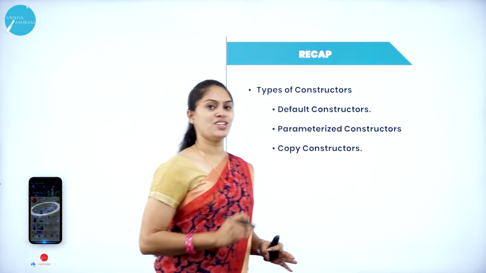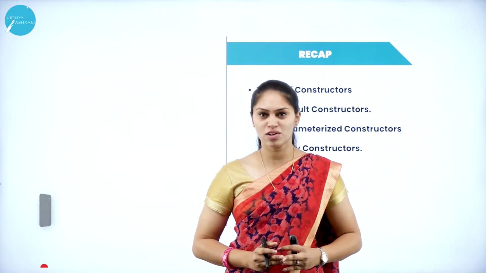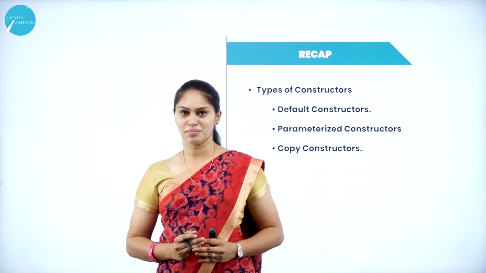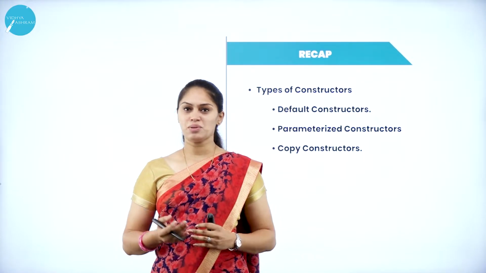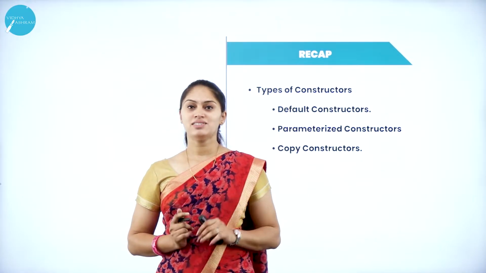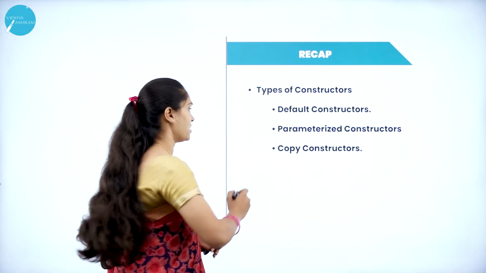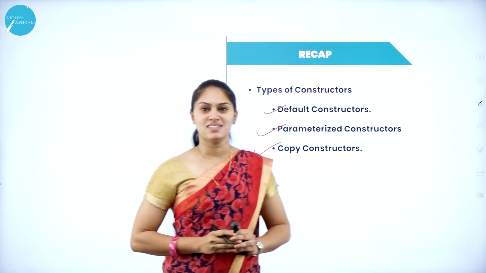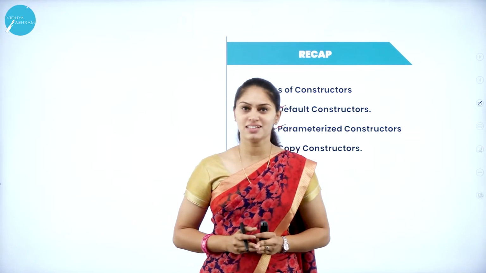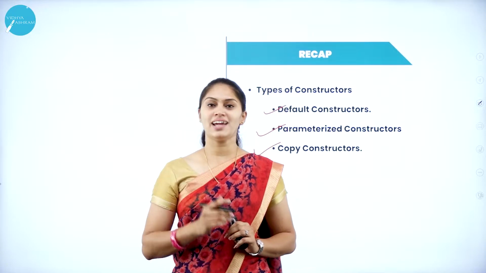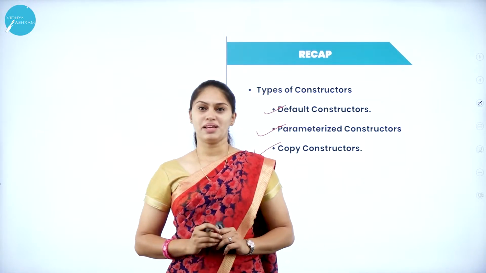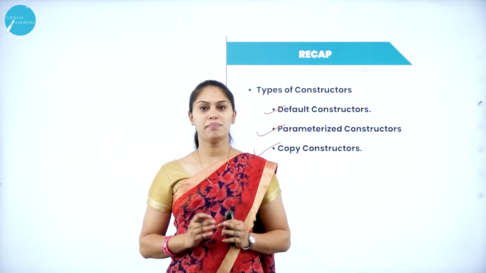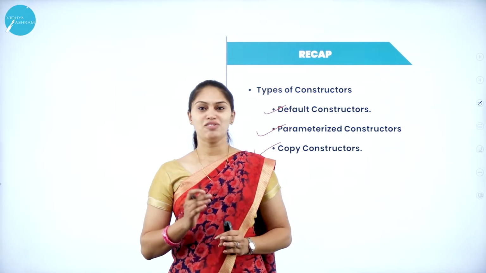In the previous session, I had a discussion regarding the types of constructor. Can you just recall what I have discussed in the previous session? How many types do we have in constructor? There we have 3 types. Which are those? That is default constructor, parameterized constructor, then copy constructor. Coming to the default constructor, it won't accept or take any arguments or parameters in order to perform some operation. That is regarding the default constructor.